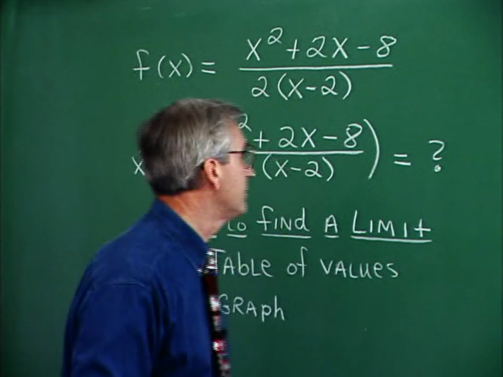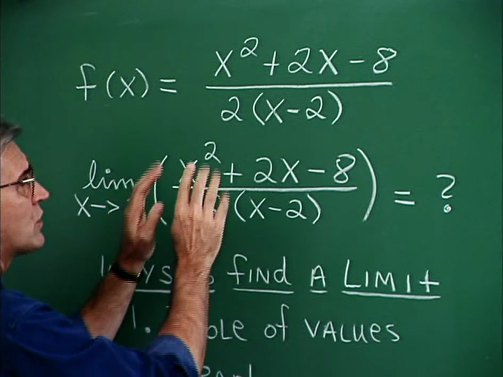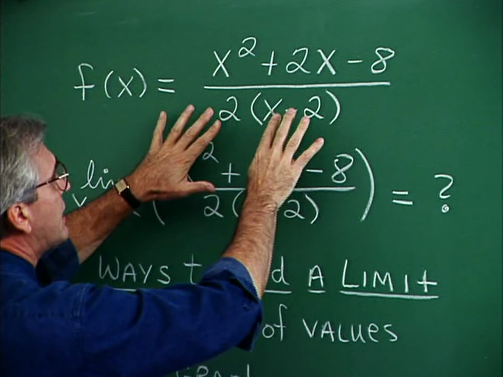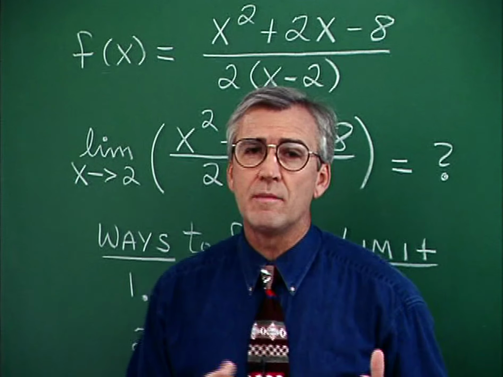Take a look at this function. It's a fraction, and notice what would happen if we replaced x with 2. In the denominator, we would have 2 minus 2, 0. 2 times the 0 would be 0. The function is not defined at x equals 2, and yet we want to find the limit of the function